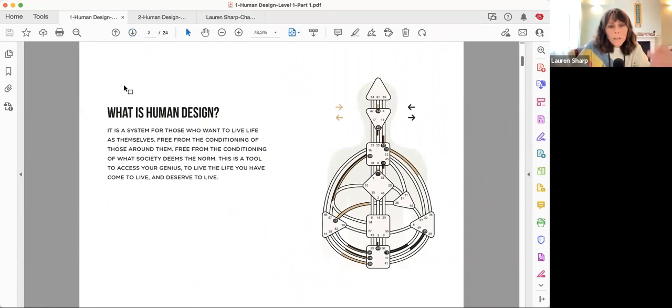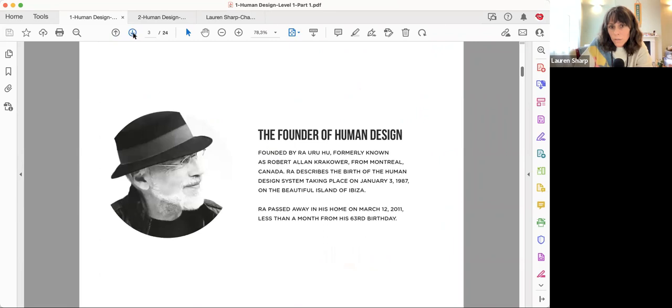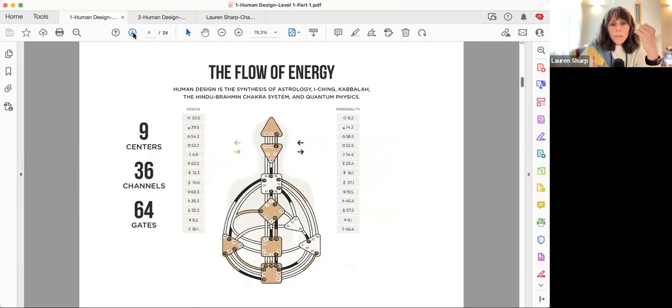So the system is about living as yourself by understanding your software, allowing you to move with that. And now you can see, even with the examples that I've used, you're able to identify this. Oh, that's a reflector's chart. And the flow of energy here, the 9 centers, you know what those 9 centers are. You've named them. We've been through them. You know what a channel is. It's when the gates see each other. And how many gates are there? There are 64.